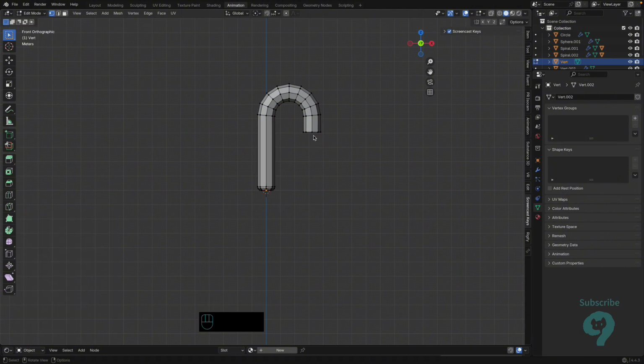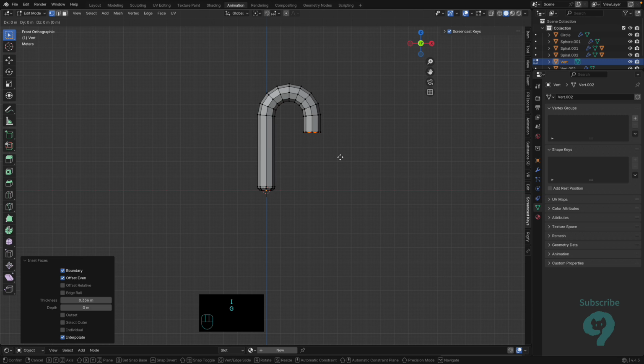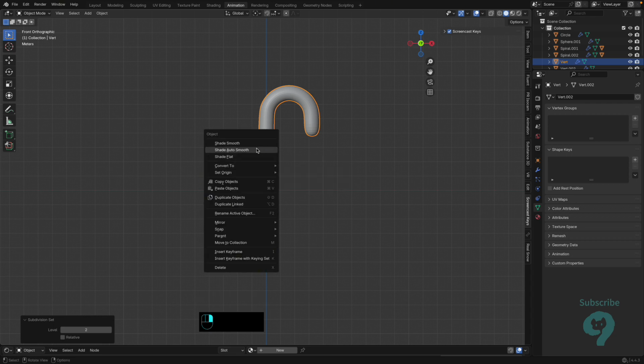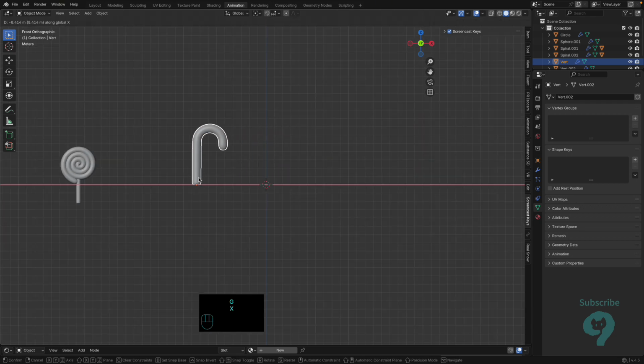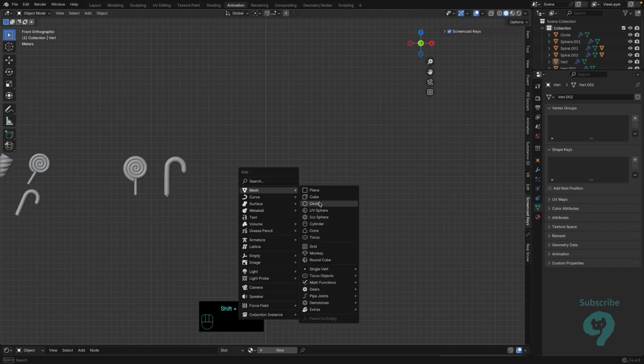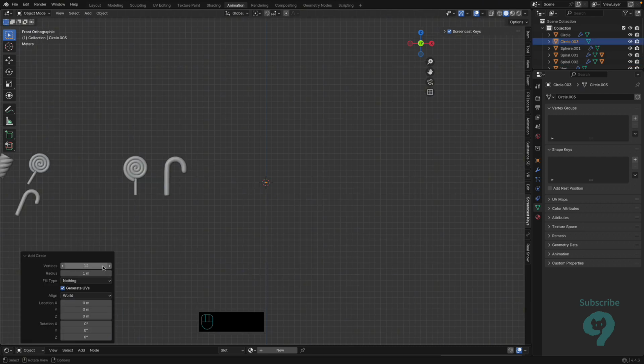For this one, we fill it first. We Alt and left click to select the loop. F to fill it. We can press I to inset and G Z a bit, like this. We tab out, press Command 2 to give it a subdivision modifier, right click, shade smooth, G X to move it aside. For the third one, we Shift A, add a circle, make sure the vertices is 24, and we tab